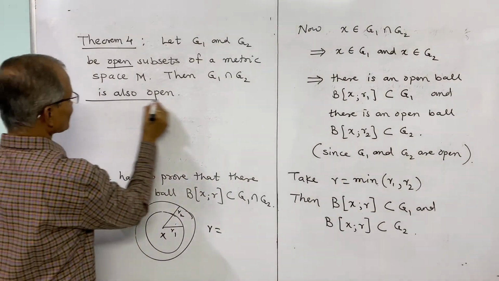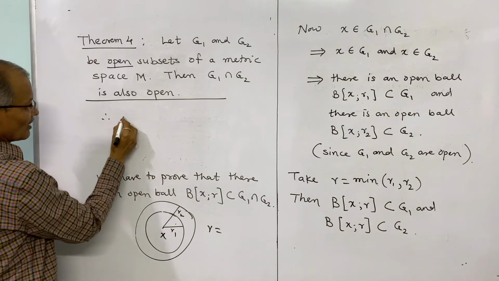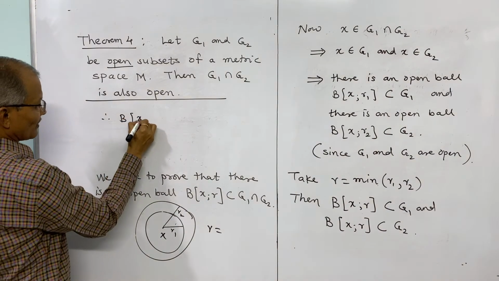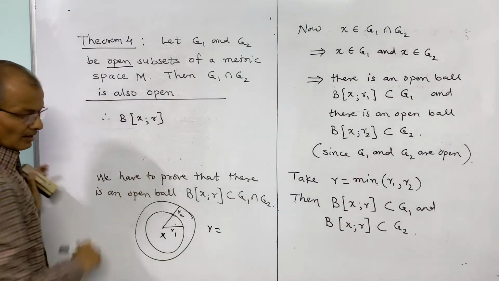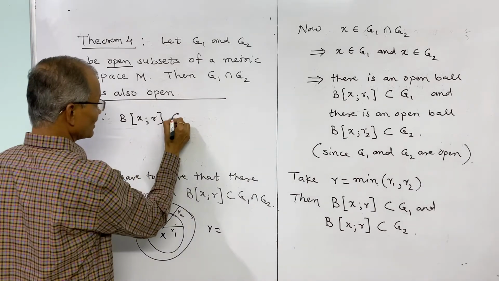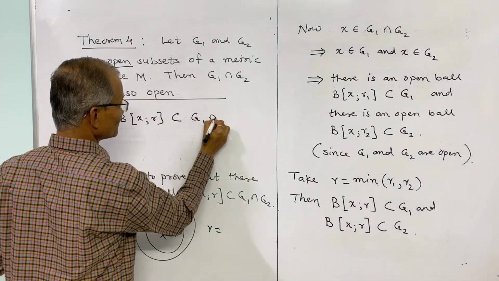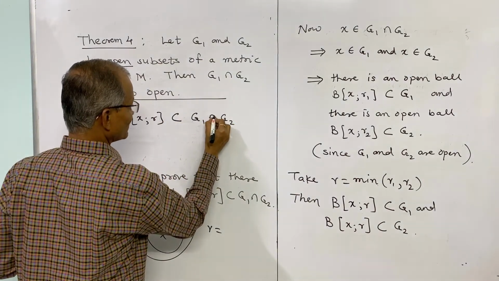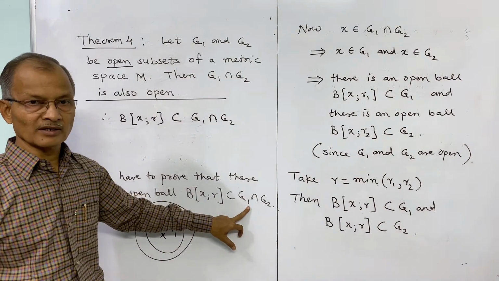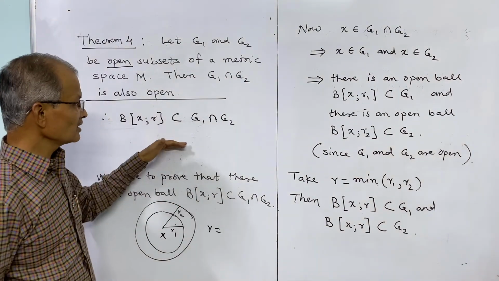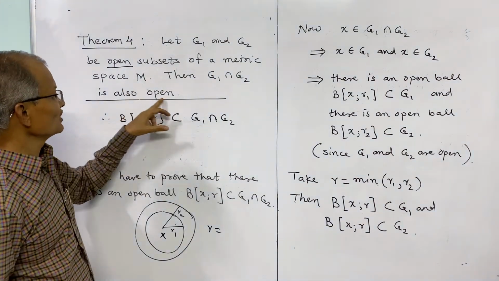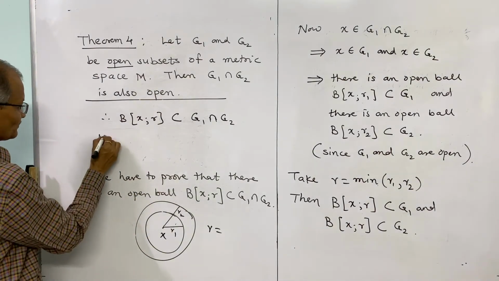So therefore, the open ball of radius r about x is contained in the intersection of G1 and G2. And this is what we wanted to show. We have to prove that there is an open ball which is contained in G1 intersection G2, and this proves that G1 intersection G2 is open. Hence,